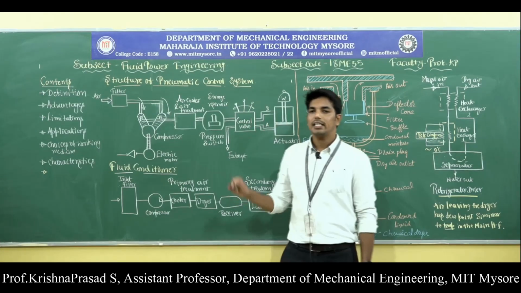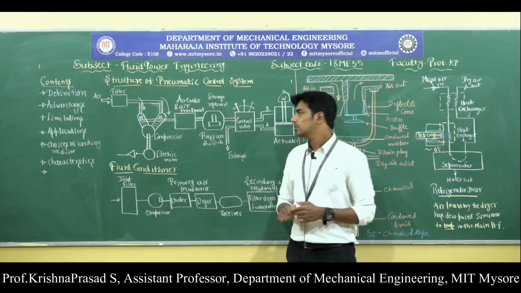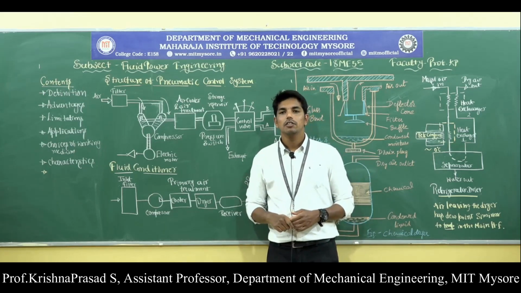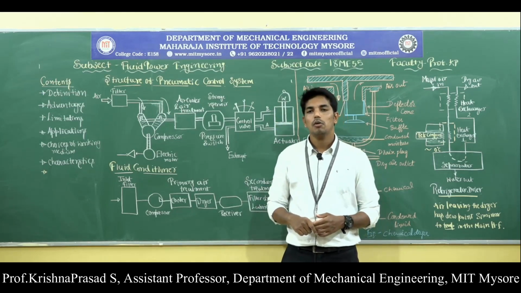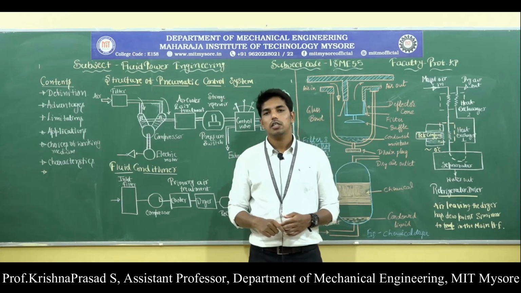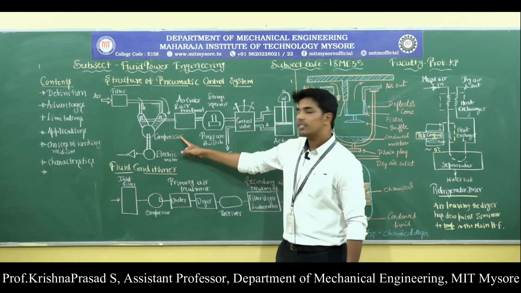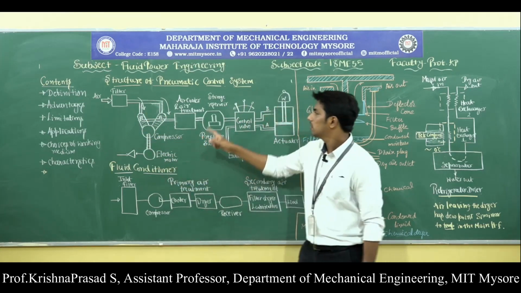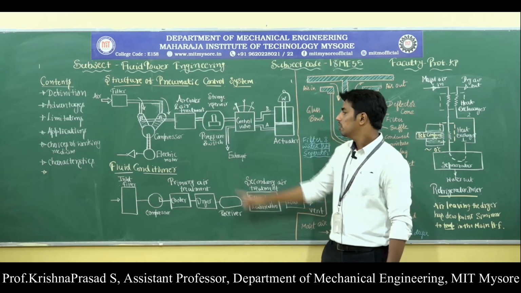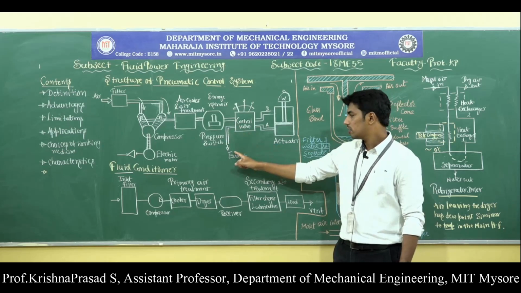The next topic in the pneumatic system is called structure of the pneumatic control system. Here the structure of the pneumatic control system mainly consists of various parts, and they are arranged in such a manner that it produces high pressure at normal atmospheric temperature and pressure. So the pneumatic control system has various parts like air filter, compressor, electrical motor, air cooler and air treater unit, storage reservoir and the pressure switch, directional control valve and the exhaust outlet